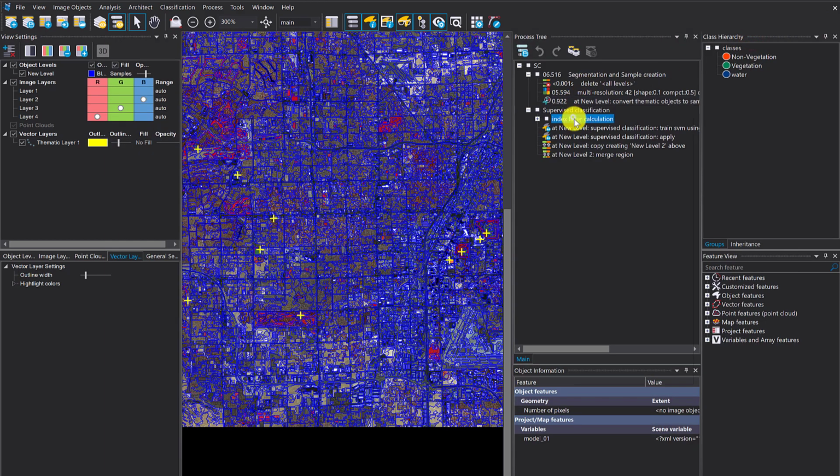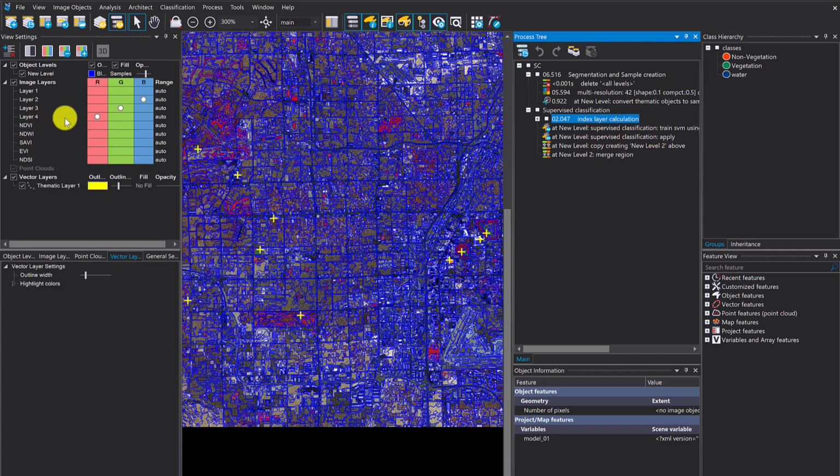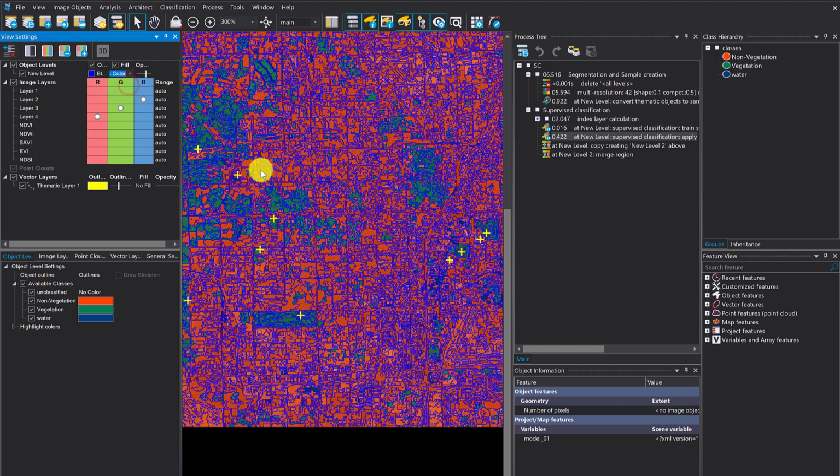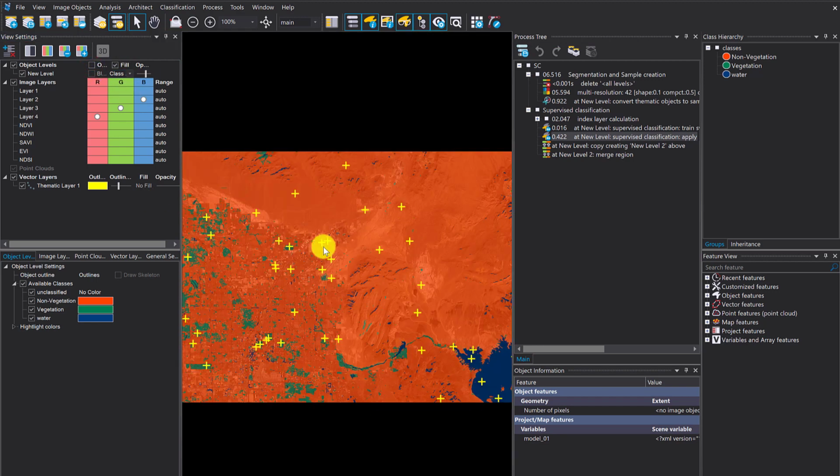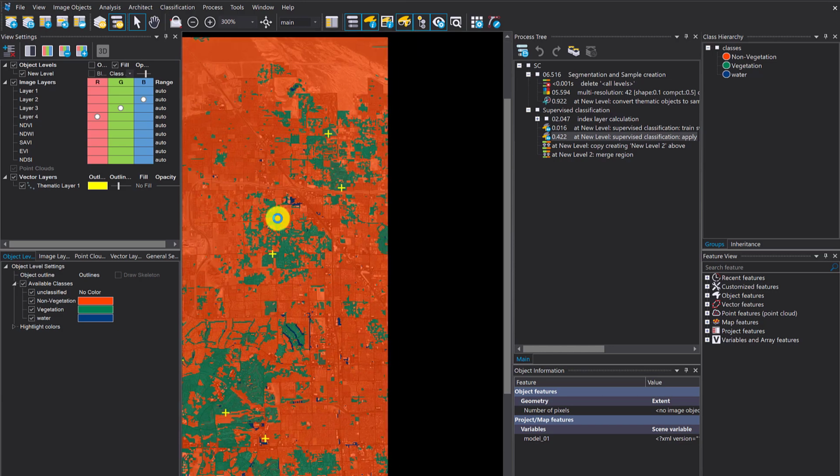But first of all, I want to quickly classify my image objects. What I do here is I compute a few index layers. Then I run a supervised classification. So I train the model and I apply it. And if I switch to the class color, you now see that all objects are classified. It's just a dummy project,